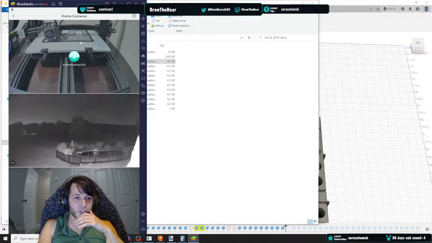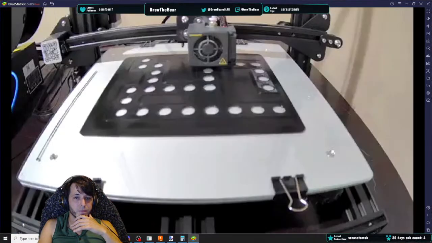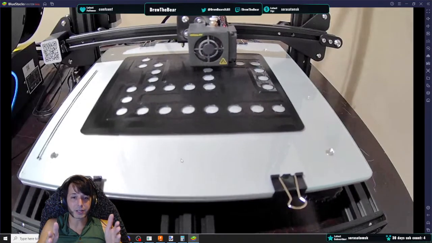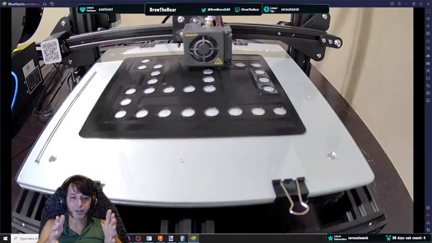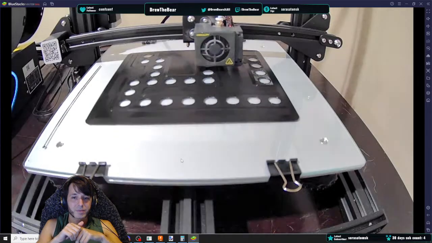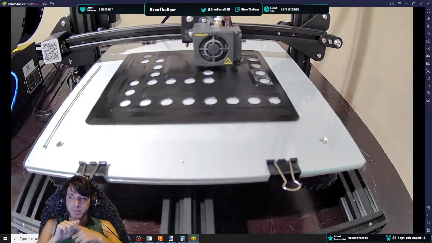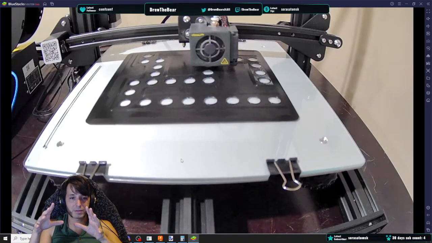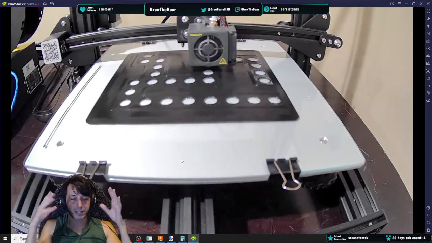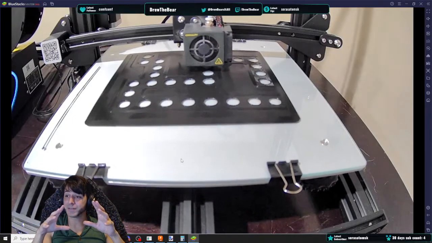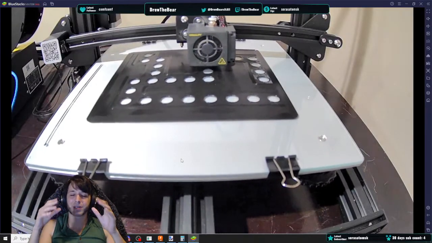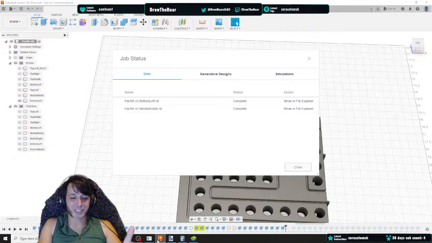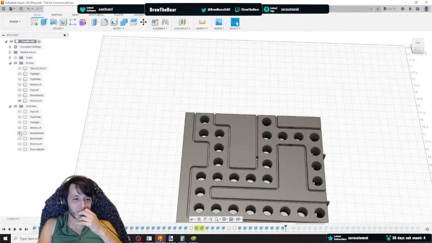So let's check our camera. It's looking good. It's looking very good. That is the bottom right piece, and I just finished the bottom left piece. The bottom middle is the only one that I still need to finish. Actually, that's technically not true. There are a couple pieces I need to finish, because if you look at the